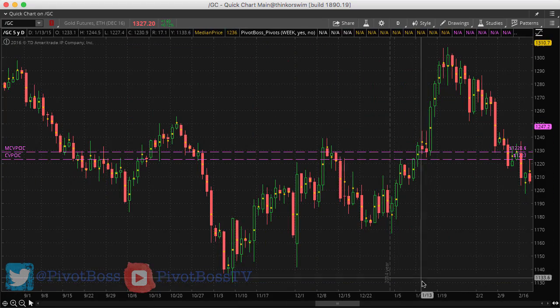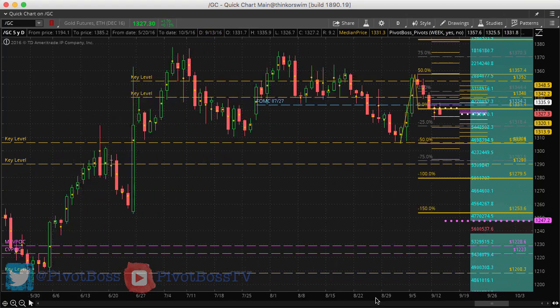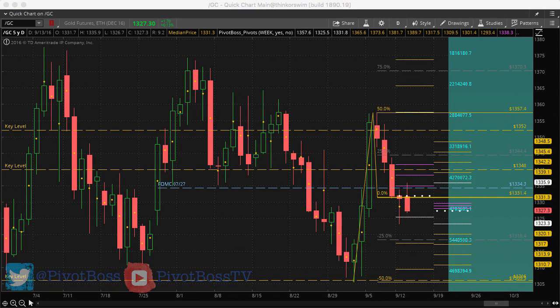Here's gold in a daily time frame. This also has the weekly PivotBoss pivots. One thing we talked about with this one was we were looking for a bounce from 1306 higher into 1360 to 1365. We got to 1357.40. So for all intents and purposes, boom, that was two days right into our target